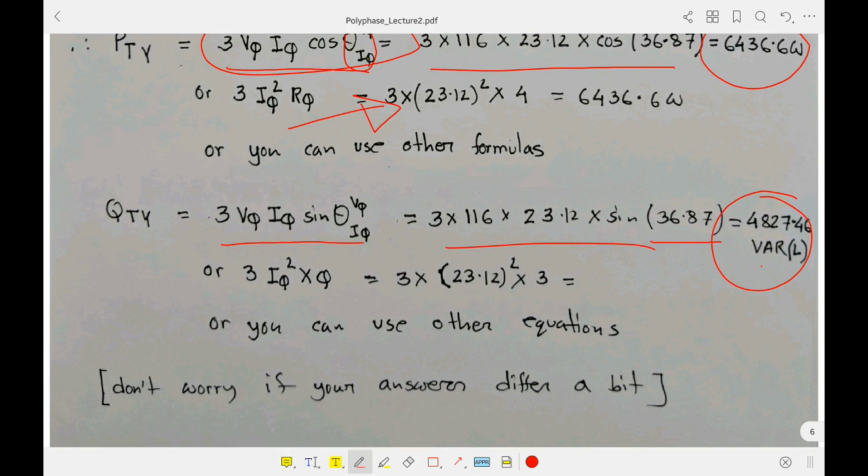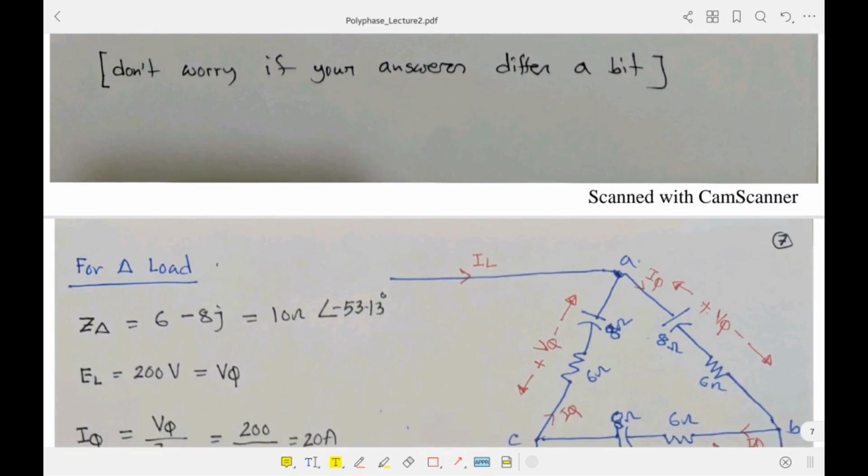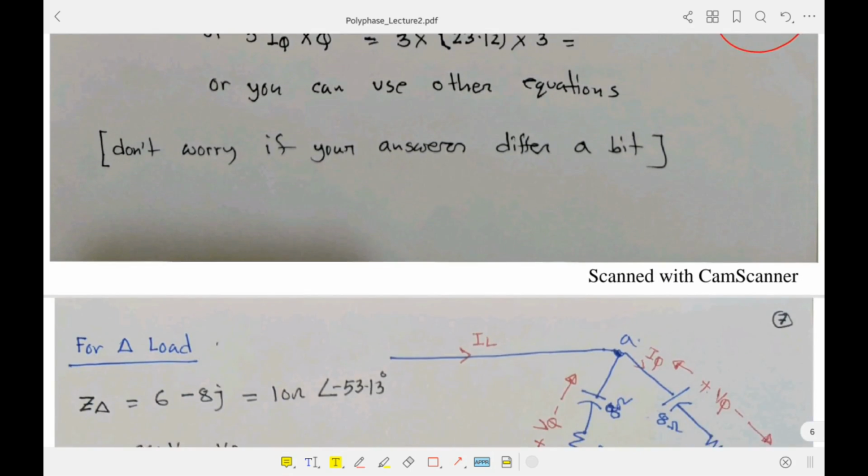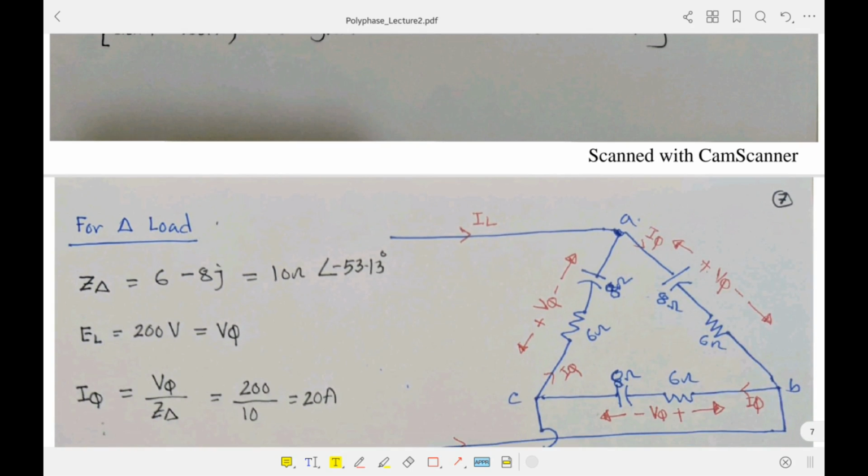So that var could be either inductive or capacitive, and you know that the inductive and capacitive var are just opposite to each other. So that's why it is written var L. That L in the first bracket denotes that this var is inductive var. And our final quantity, the power factor, will be calculated later, since we need to consider both Y and delta connections together, because the power factor will be affected by both the Y and